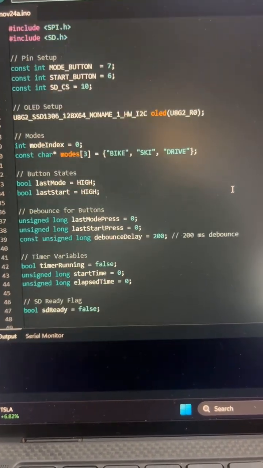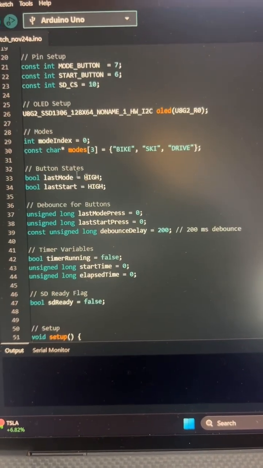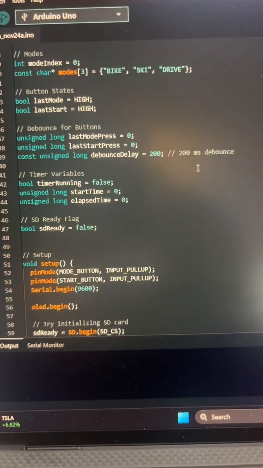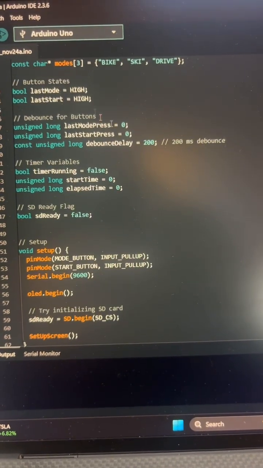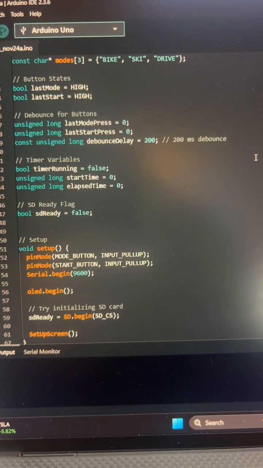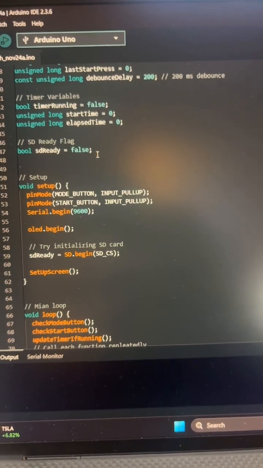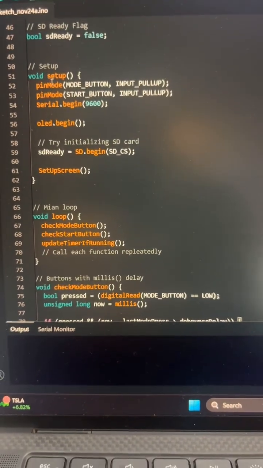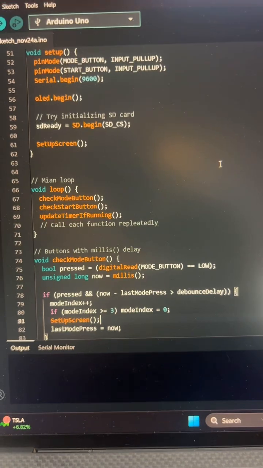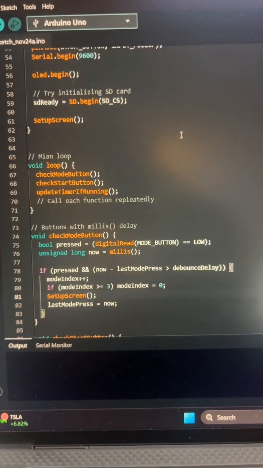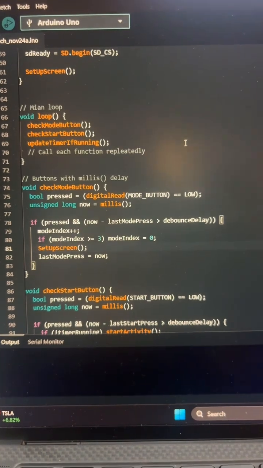Basically, for our global variables, I set up the pins, the OLED, the mode index, so an index for each mode, and then our button states, debounce and millis timing, timing variables, and just a setup for the SD card. And in the setup, building off of that, I set up our pins for the buttons, started the serial monitor and the OLED, and then set up the SD card. And our main loop is just